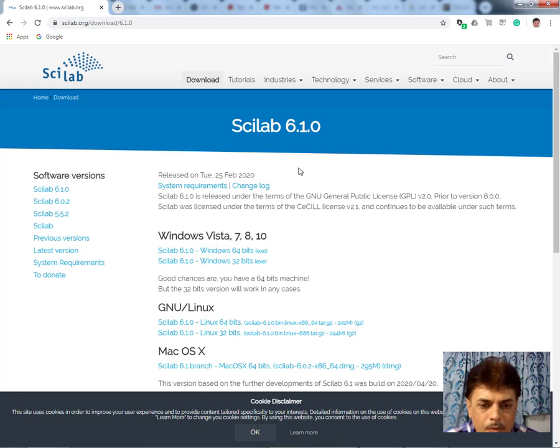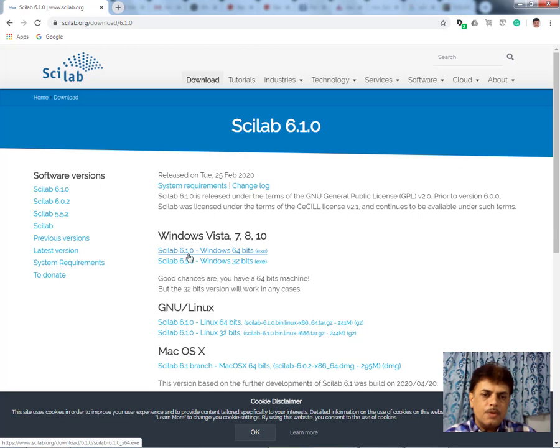On clicking, we observe that we are here with various links for different operating systems for the setup of Scilab.